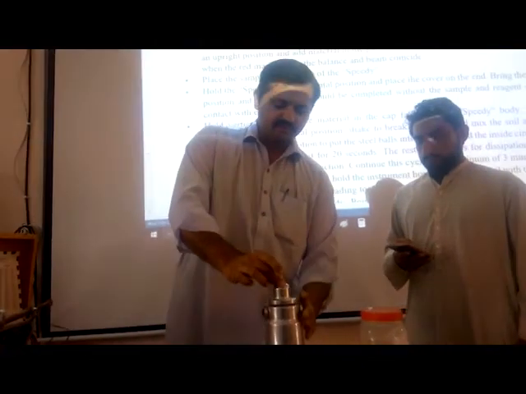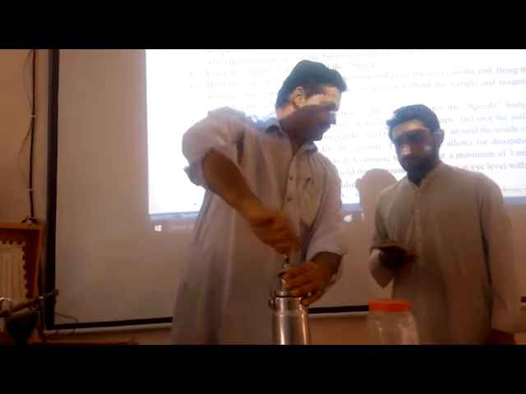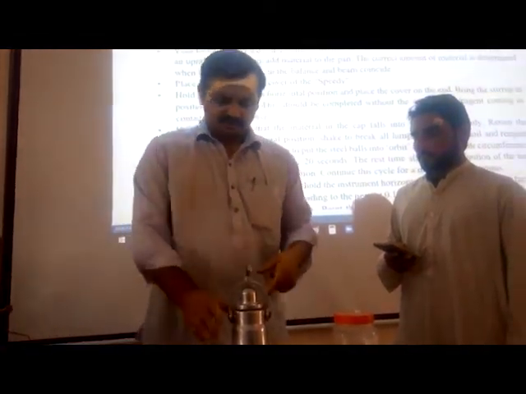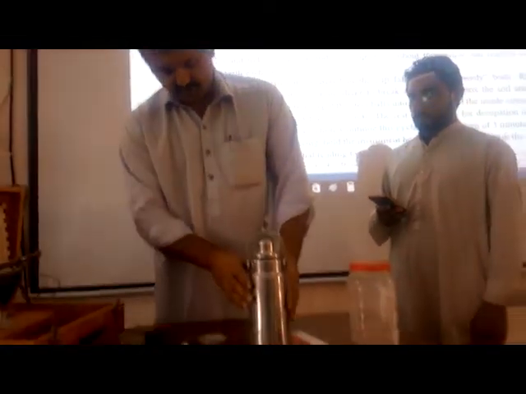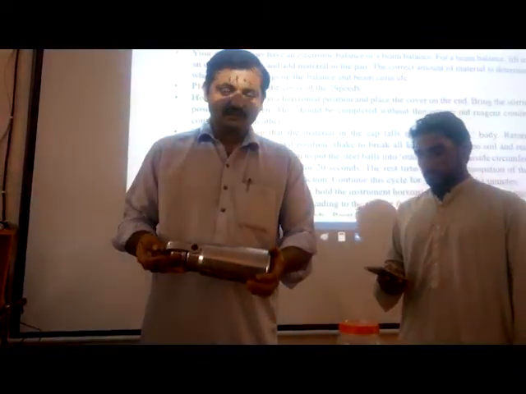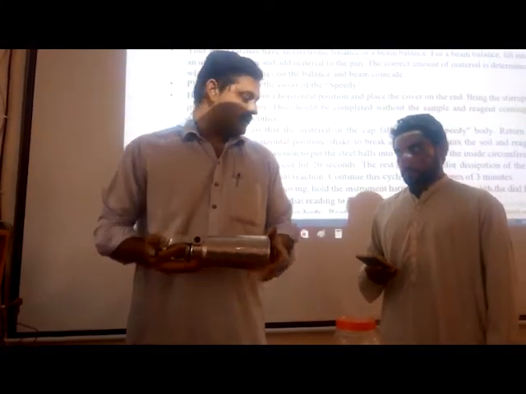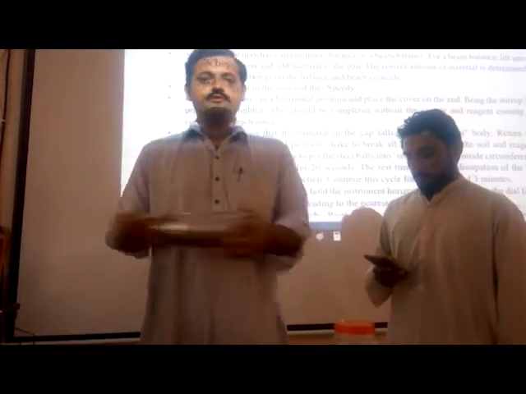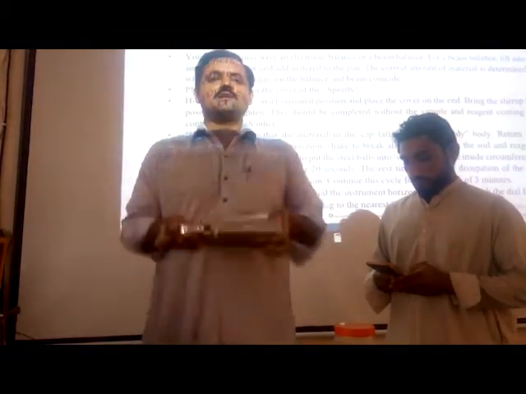To avoid the reaction in the air, we will put the soil sample inside the cup of the speedy moisture tester, and we will do it like this. Now it has been properly covered inside the bottle. We will lock the bottle. Now we will leave it like this in vertical position, then it will be converted into horizontal position and the rotation will be started. For 10 seconds we will rotate this, in 20 seconds we will give it a wait. So turn on the stopwatch.